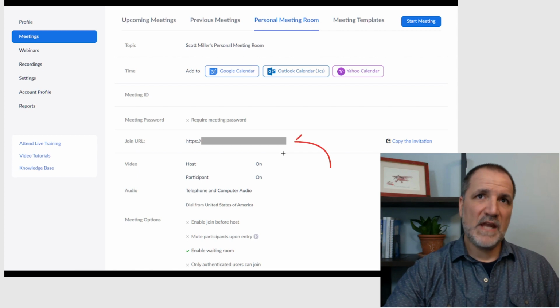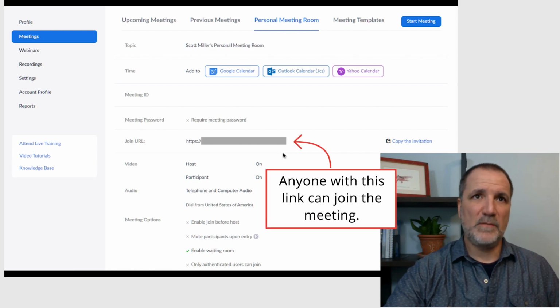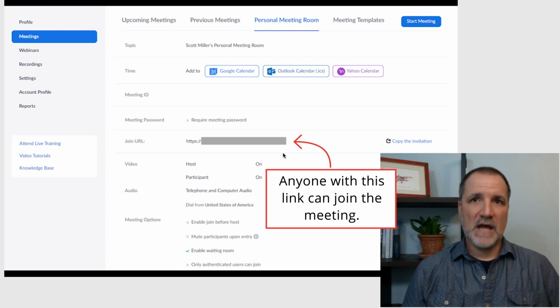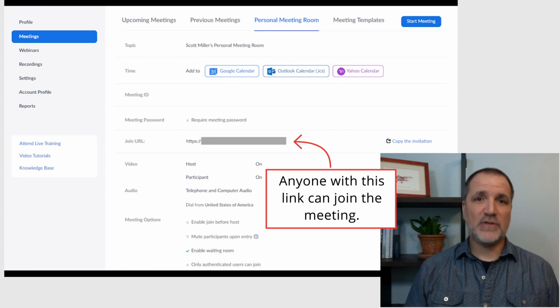The problem is that anyone with the link can potentially join the meeting. And this is the reason for many of the recent problems you might have heard about. There have been cases where people who are not supposed to be in a meeting or class got their hands on the link for the meeting and then joined the meeting and created a disturbance. If you've heard about people hacking into Zoom meetings, this is what happened. These are just people who got a hold of a link to a Zoom meeting.